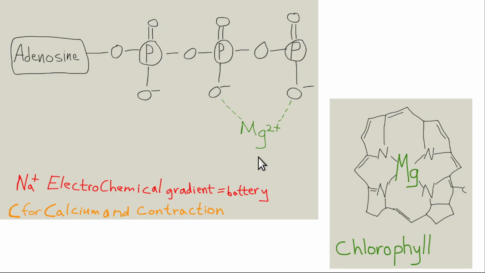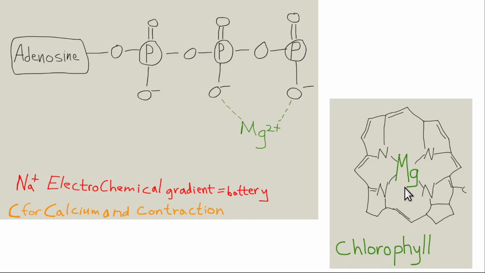Now here's some good things to know. Why is magnesium so important for all these ATP reactions? Because these phosphates are highly negatively charged. They're repelling each other, and the magnesium, having a positive charge, helps to hold them together. So you always need magnesium for these ATP cytoplasm reactions. Where does magnesium come from? Look, it's in the center of chlorophyll. You get that from eating plants. Like I said in one of the earlier lectures about causes of obesity, all the good stuff comes from plants. P for plants, P for potassium. Magnesium right from the center of chlorophyll.